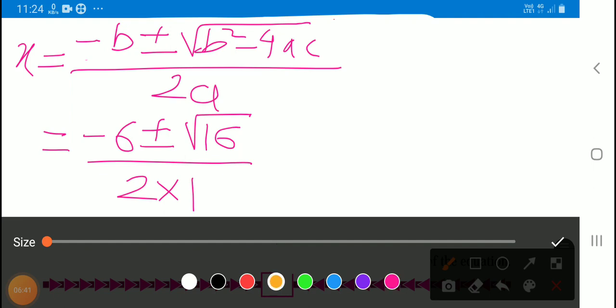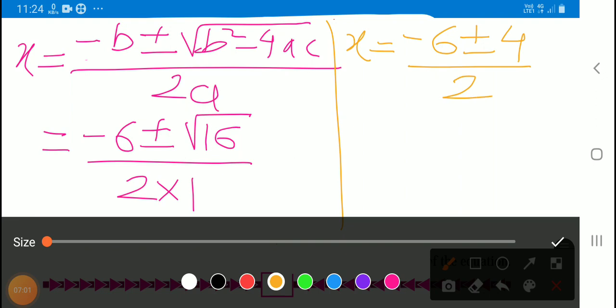Okay, now here x is equal to negative 6 plus or minus, 16 is a perfect square, so I will take it out from this square root sign, then it will come 4 because square root of 16 is 4. Now here x is equal to minus 6 plus 4 upon 2